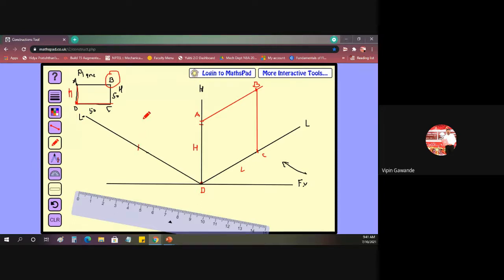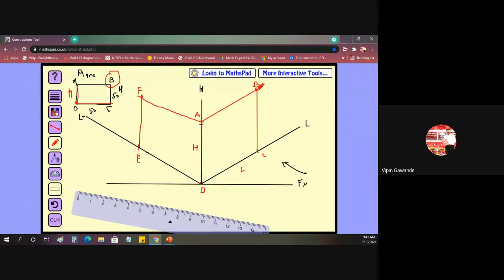Now we'll take another. Here you have to draw a line parallel to AD and then, suppose this E is there, a line parallel to ED, on this side now. This line is parallel to this isometric axis. So now we got the third intersection. This is our point F.